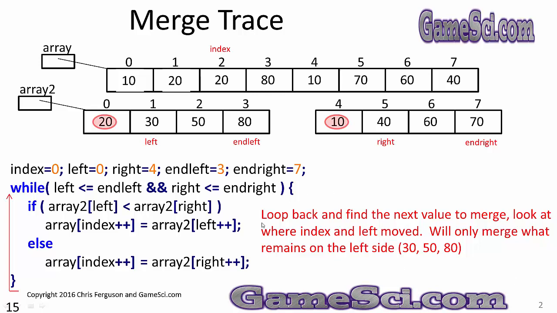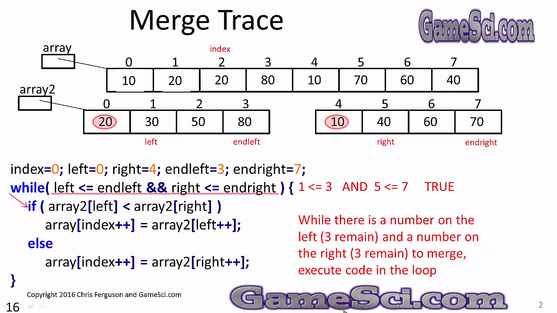Remember, the red circles mean the 20 has already merged. The red circle means the 10 has already merged. I only have to merge what remains, 30, 50, and 80, and 40, 60, and 70. 1 less than 3 left is a 1, and 5 less than 7, well, that's a completely true statement. While there is a number on the left, and there are 3 of them, and a number on the right, and there are 3 of them, to merge, execute the code in the loop, follow the arrow, and execute the